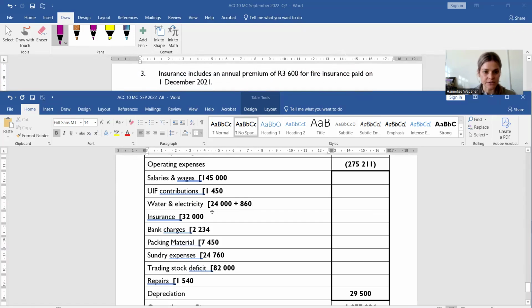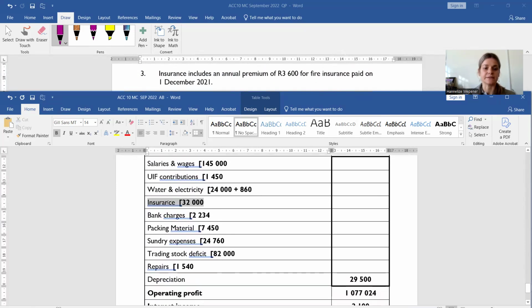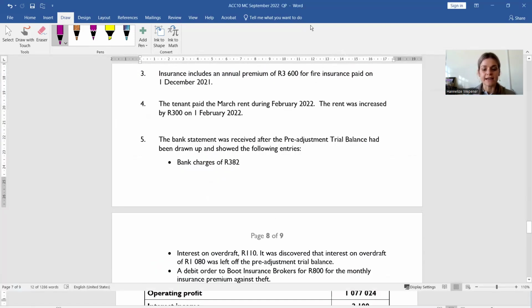Insurance, so let's go to insurance. Where's my insurance? Oh, there it is. Okay. Insurance includes an annual premium for fire insurance paid on the 1st of December. So it's an annual premium that you paid for the 1st of December